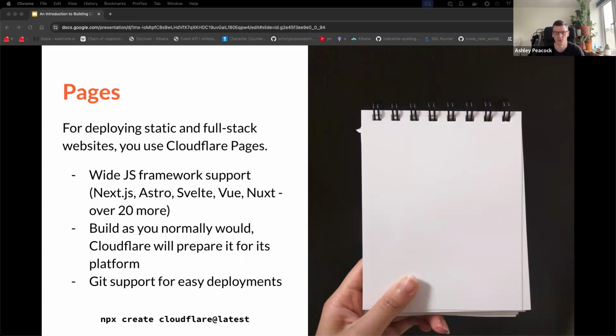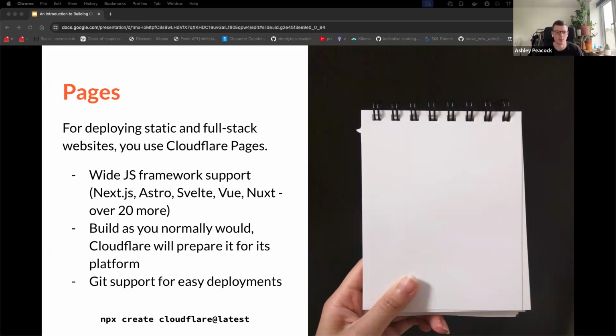And you build it as you normally would. So like I said, I like it when the platform doesn't get in the way of what I'm doing. You can run Next.js, for example, locally as you normally would. You can then deploy it to Cloudflare, and in between, Cloudflare has kind of adapters, if you like, that basically do some stuff to your code before it's uploaded, preparing it for Cloudflare. And that way you develop as you normally would. And then when it's uploaded to Cloudflare, they do a little bit of transformation and everything works nicely.